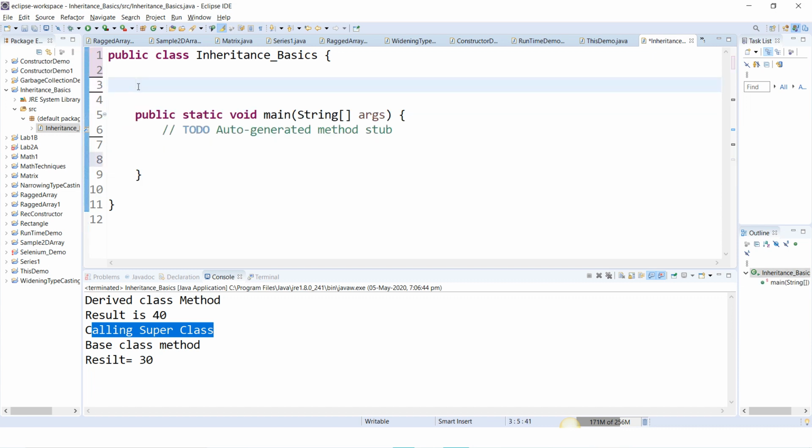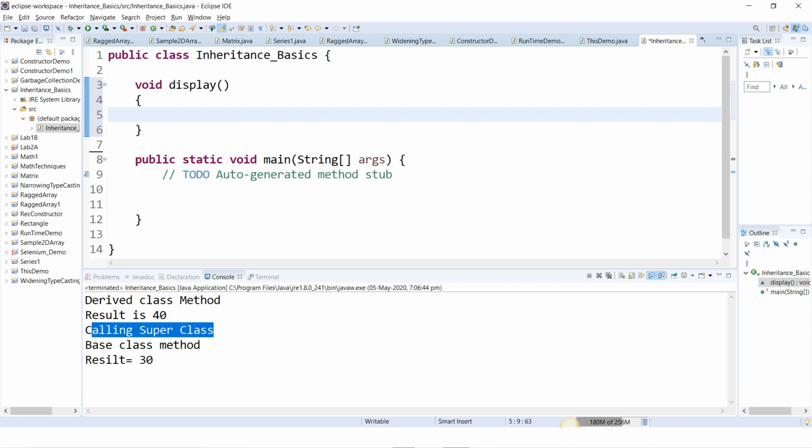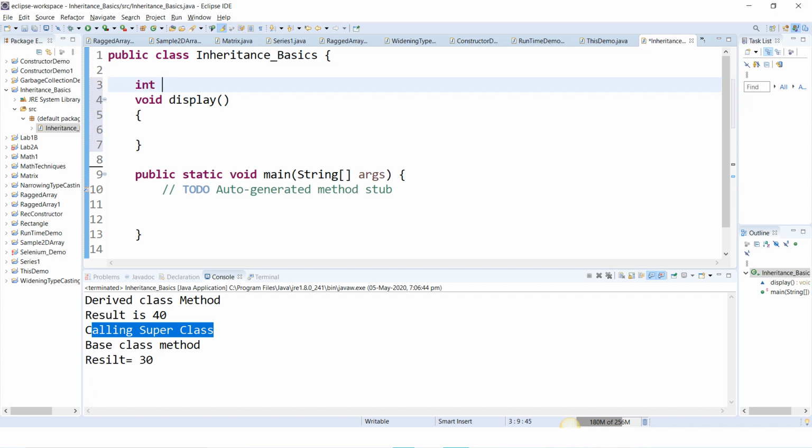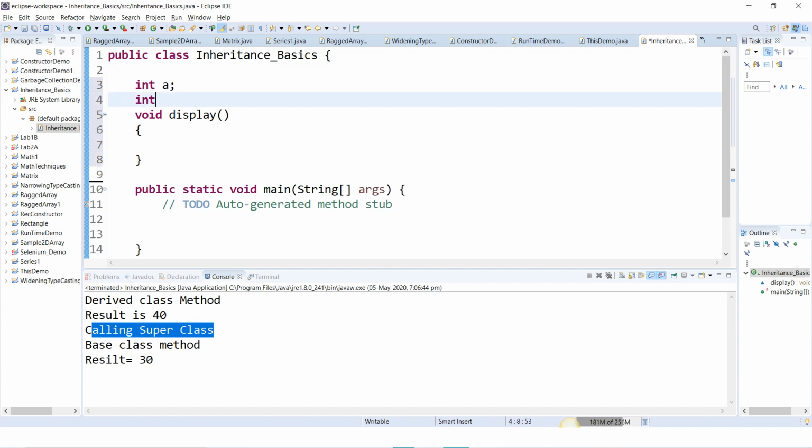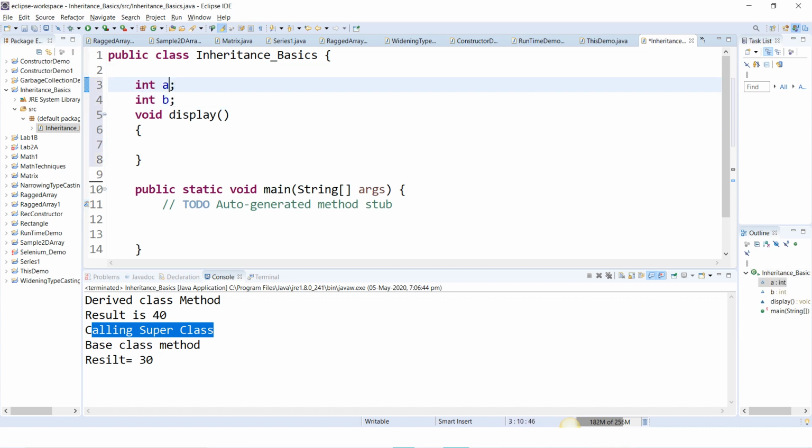I'll just take a method directly, void display. In this display method, int a is equal to 10 and int b is equal to 20. Inside this I'll print the answer.